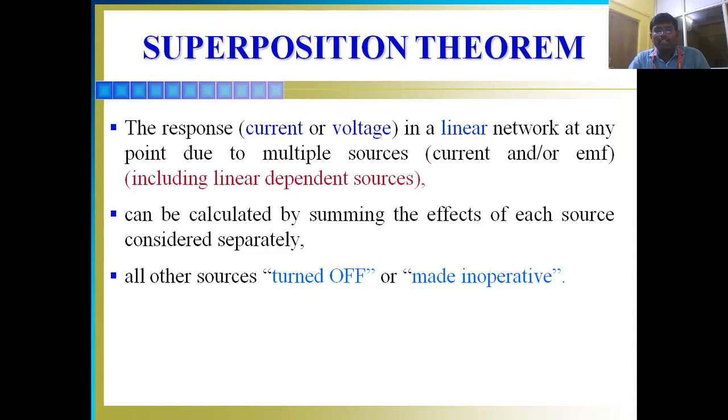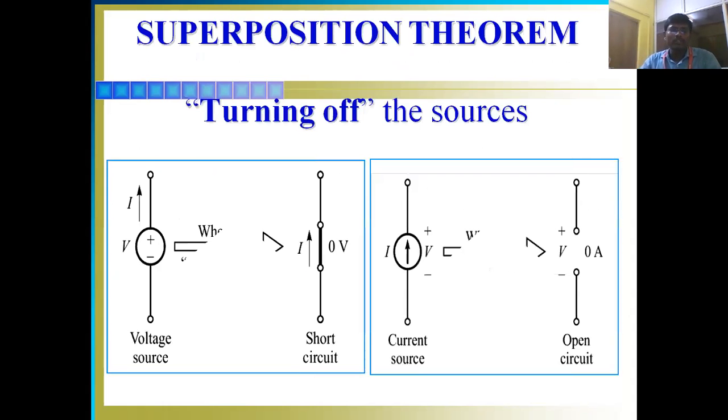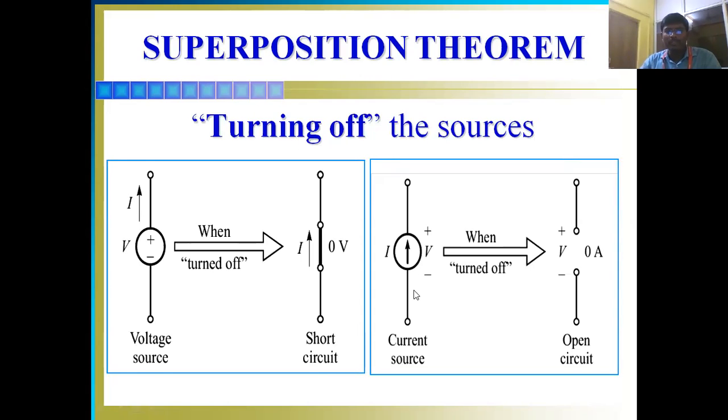The response, the current or voltage in a linear network at any point due to multiple sources, that is either current or voltage sources, including linear dependent sources, can be calculated by summing the effect of each source considered separately. All other sources are turned off, made inoperative. So inoperative means the voltage source should be replaced by a short circuit, while the current source is replaced by an open